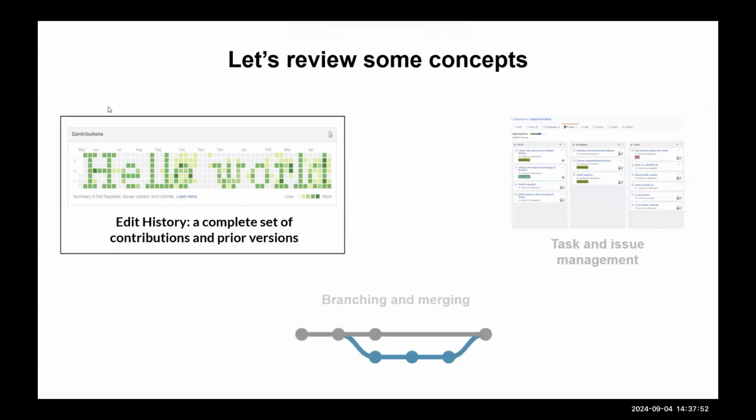Okay. So now let's review some concepts really quickly. We have our edit history, and I talked about that before. You see this little graphic, which is where I'm committing a certain number of commits per day across the year. But this is just a proxy for the edit history that you have access to. So you have all sorts of different things that you have access to in terms of edit history. You can not only look at someone's contributions over the course of a year, but you can look at how many pull requests a certain repository has had, different branches, and how much people have been working on those.